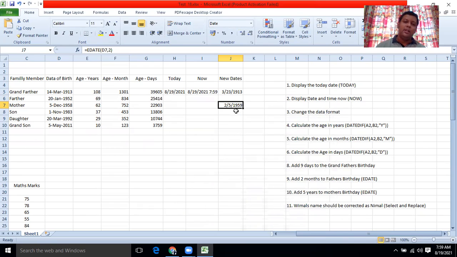Yes, it's correct. 1959, so it's 1958. We added 2 months. So 1959, February 5th. So it's added the 2 months. Now it needs to, now it is asking to add